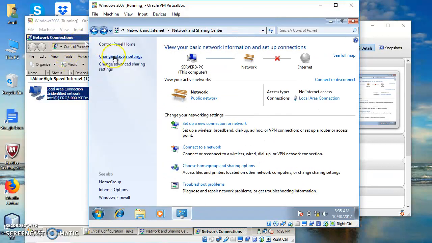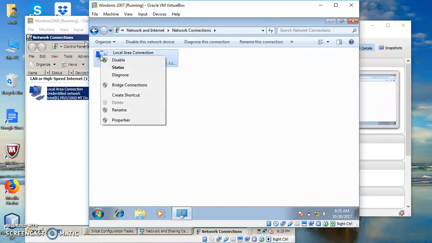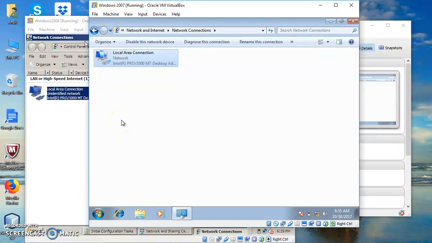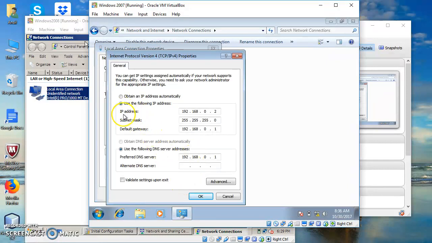So that. Change Adapter Settings, and you have your local area connection. Right click, Properties, same thing applied. Remove the Internet Protocol version 6, version 4, and highlight Properties. And for the Windows 2007, I used the IP address 192.168.0.2. Remember, for 2008 server, I use